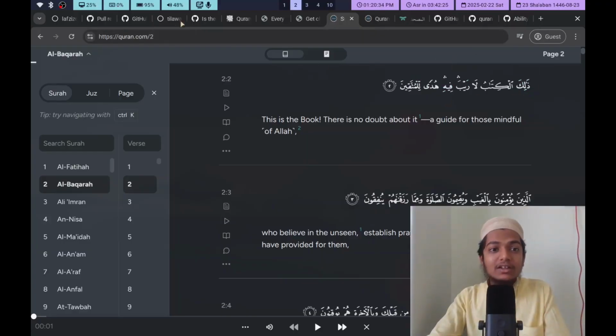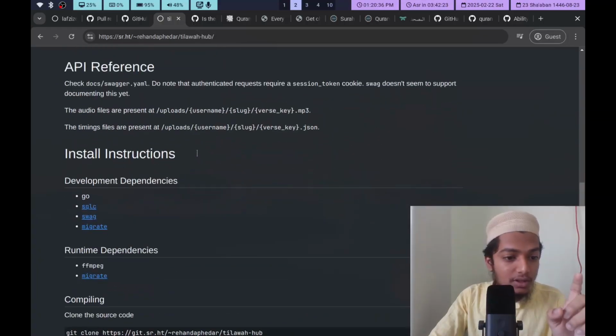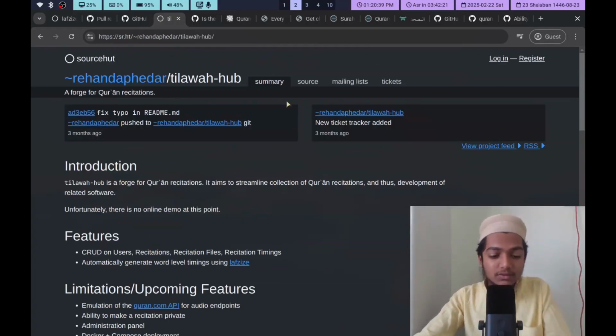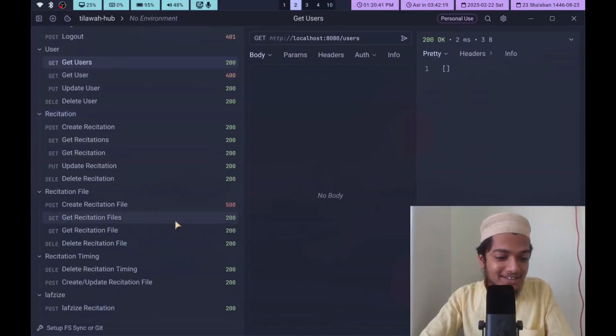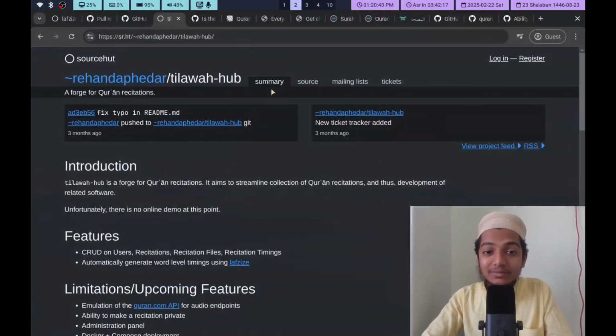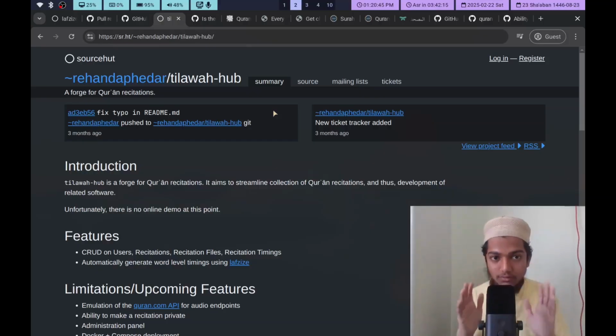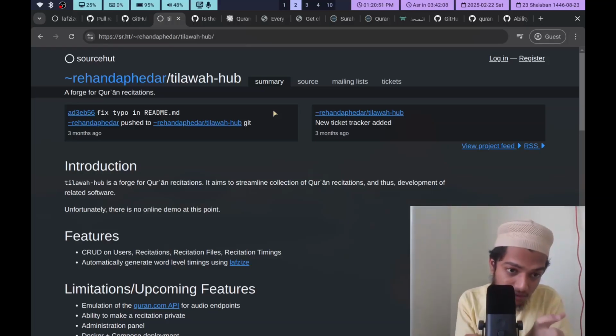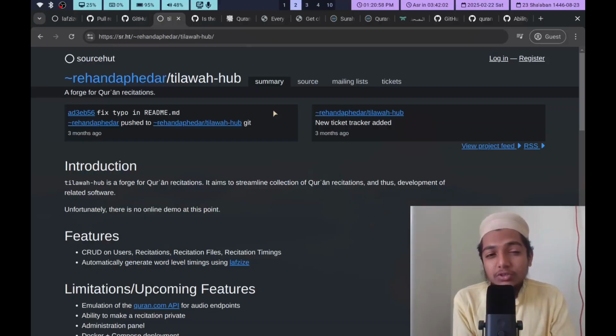Because again, tilawah-hub integrates lafzize into it, which, okay, I'll come to that. But so, see what we have. You can upload your recitation. You create an account, you create a recitation, and you upload a recitation for each ayah, right? Now, about automatically splitting your recitation of a surah into separate ayahs, I'm not sure about that yet. This is like an MVP. You upload your recitations,